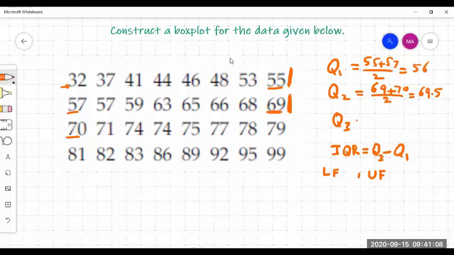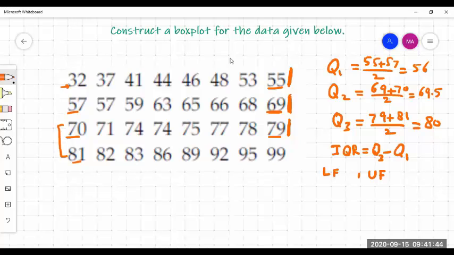The same way, Q3 is the middle of the second half. So after 69, starting at 70, these two lines. The middle of these would be here after 79, right? Again, there's no exact value here, so you combine the 79 and 81. The average of these two would be Q3. So you simply do 79 plus 81 divided by 2, and that is equal to 80. So that's your Q3.